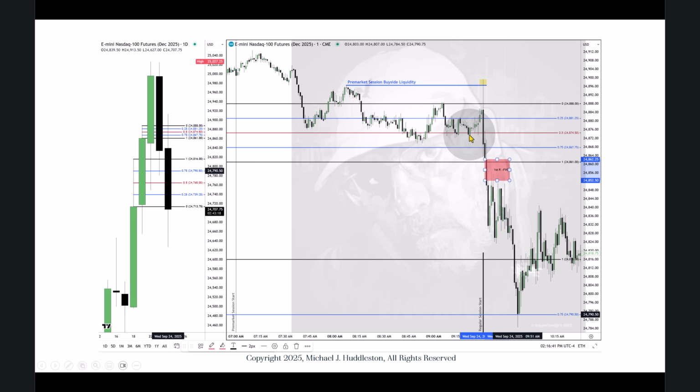It aimed for, hit it, and then attacked the sell side inside this premium wick. You see it came right back up, hit the consequent encroachment level at 24,874.5. Breaks outside of the low of that premium wick here. So it's trading right here now.